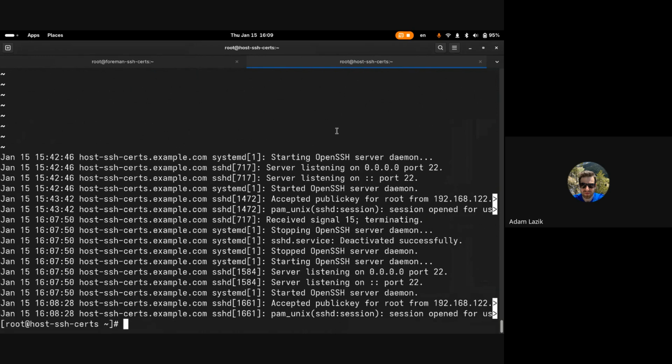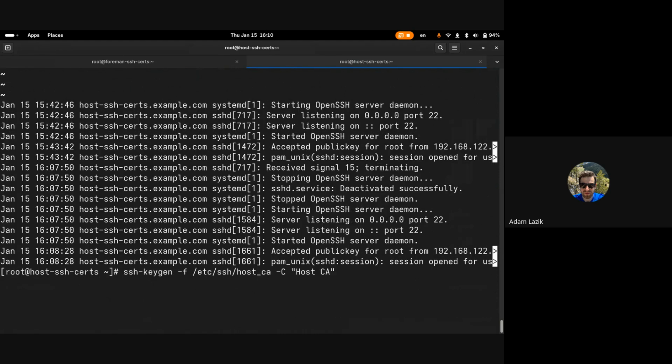So for that, we also need a certificate authority. It can be the same authority with which you signed the smart proxy cert, or it can be a different authority as well. It also can be multiple certificate authorities for the host certs. You just take all of the public keys and put them in one file. But for this simple example right here,